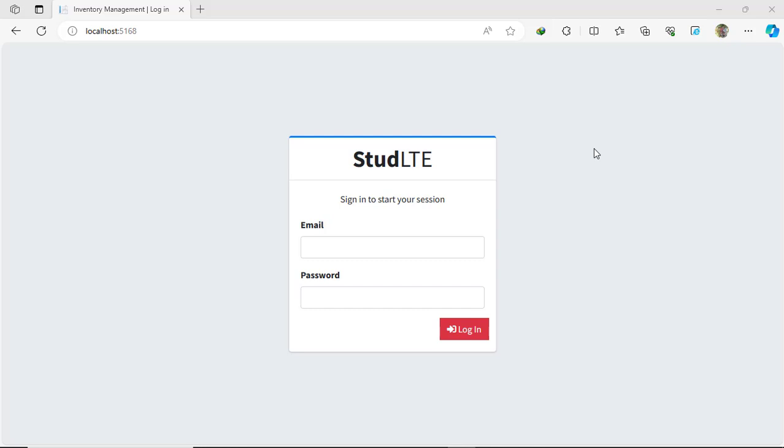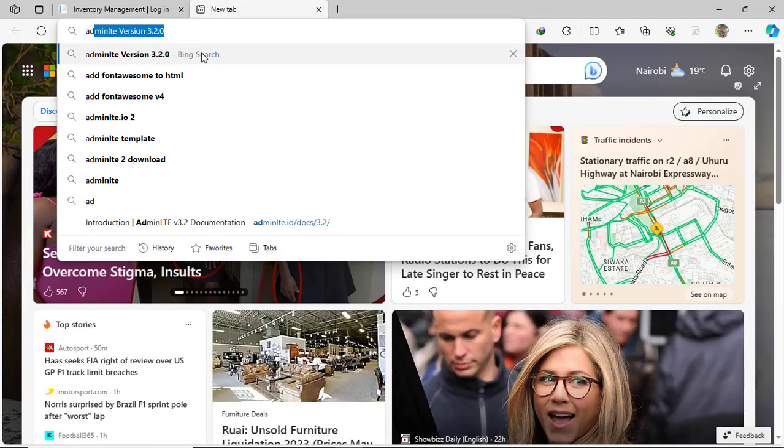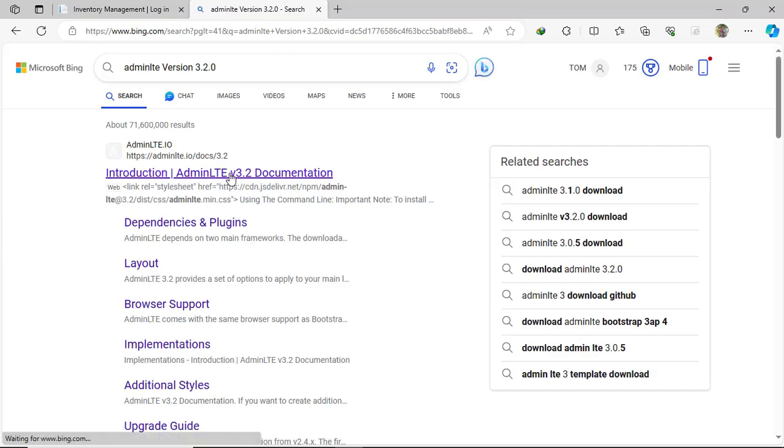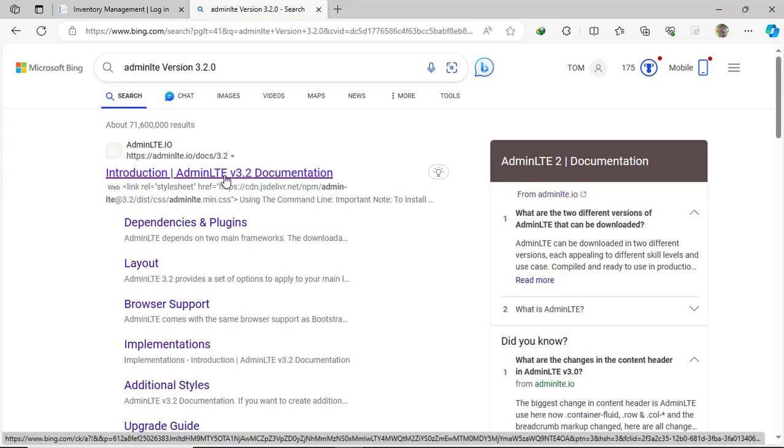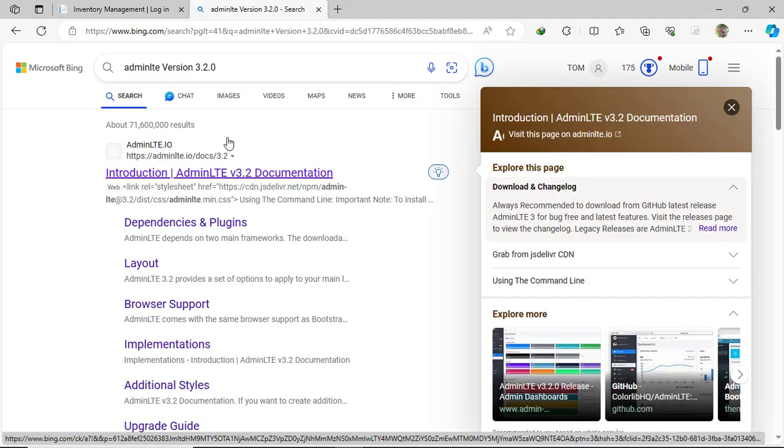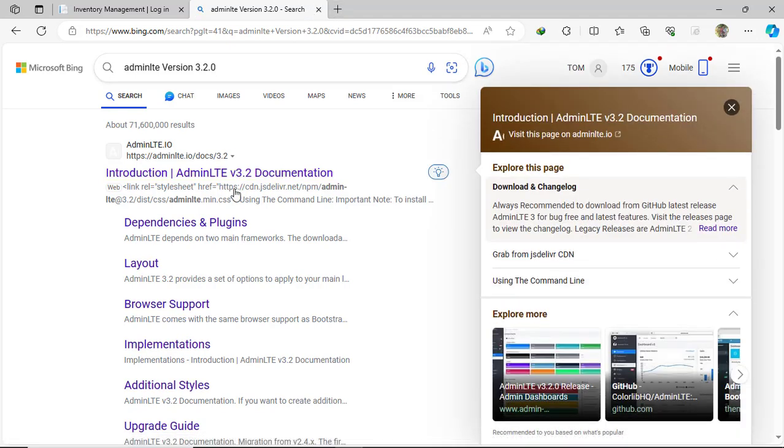So the AdminLTE template, as you can see here, is the latest version of this template, which is a free template, it's open source. And by open source, we mean that the source code is available for anyone to modify, to inspect, and enhance. You can use it without having to worry about any kind of proprietary permissions. So if you open it here, you'll see